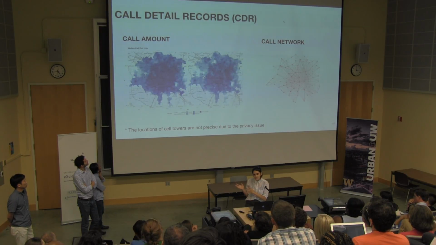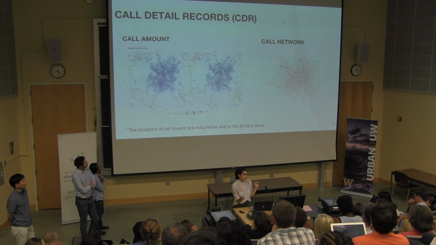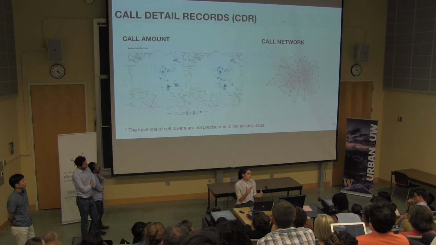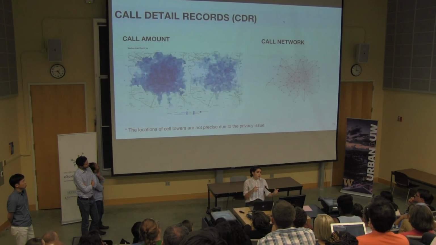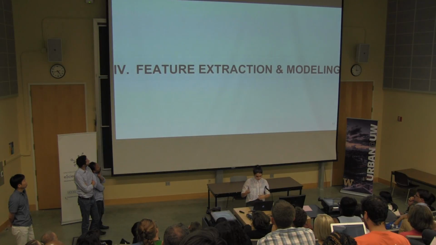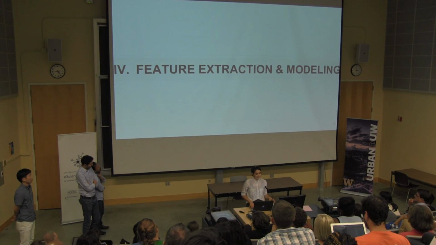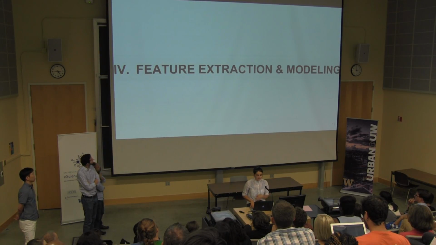And then we have this call network data, which relates to how a given neighborhood is interacting within the city, so we can see relative to the rest of the city how a certain neighborhood is connected. Cool. Okay, so now that we're familiar with the data, we can talk about how we extracted features that would help us predict poverty from these